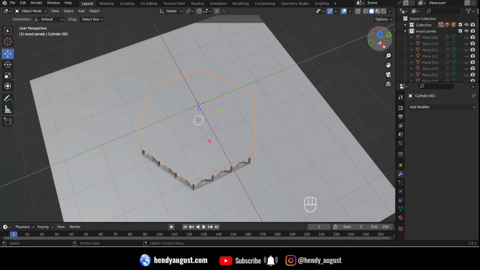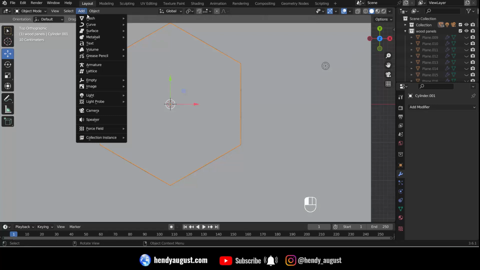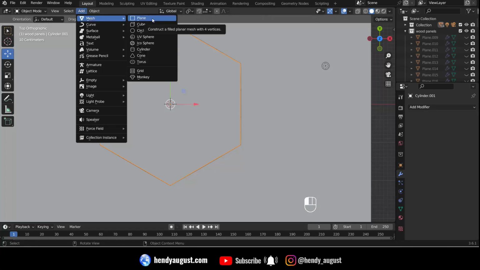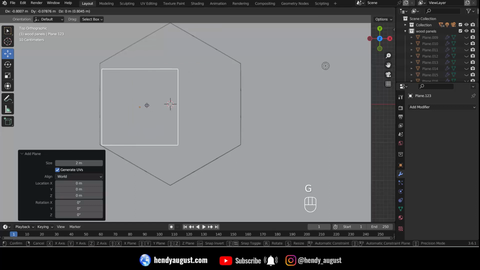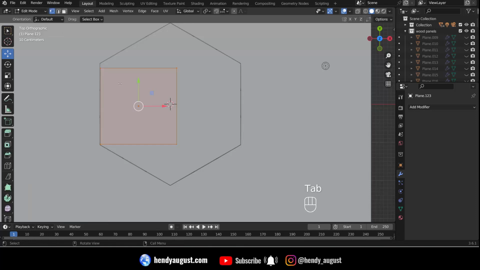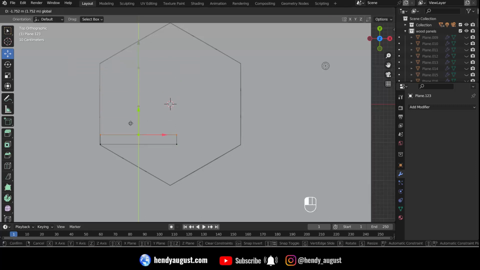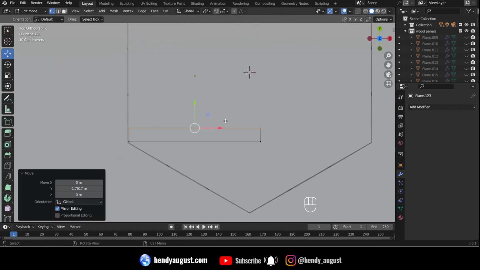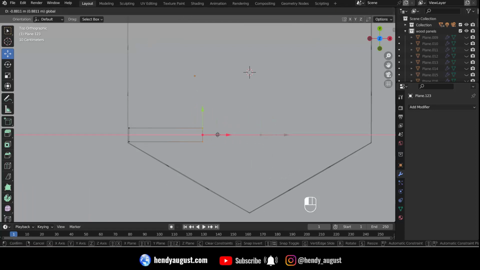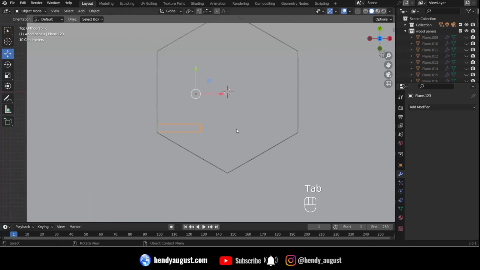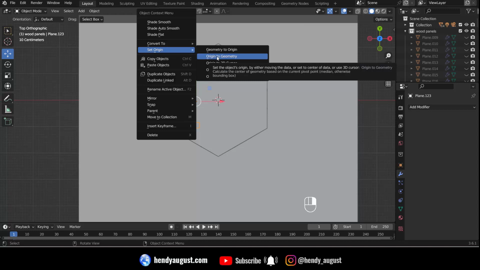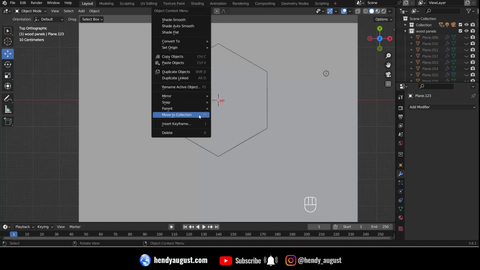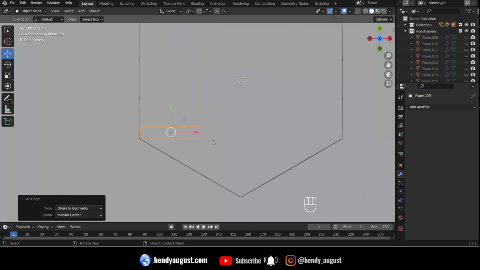And we're gonna make a wood panel by using the same method. We're gonna use plane, and we're gonna move it maybe somewhere in here. Go to edit mode by selecting the vertices mode. We're gonna scale it down, maybe this big, and we're gonna scale it down a little bit more, maybe something like this. Set origin to geometry by right clicking on object mode, right click, and then set origin to geometry,